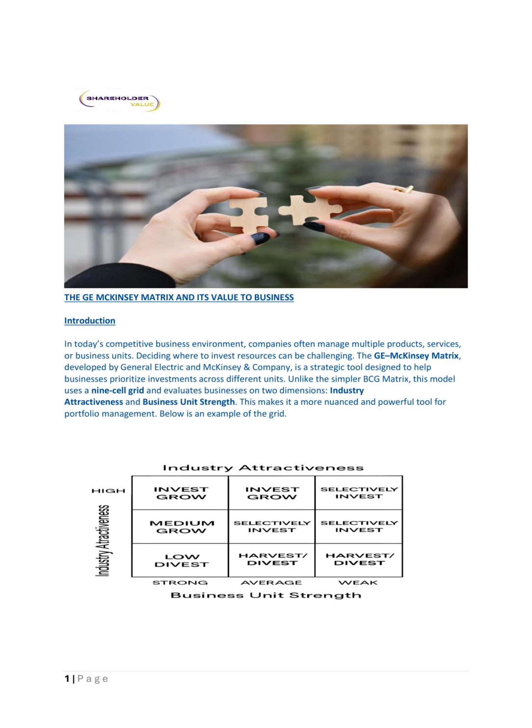In today's business world, companies often have to manage many different products or units, and it can be difficult to know where to put resources for the best results. The GE McKinsey Matrix is a tool created by General Electric and McKinsey & Company to help with this decision. It looks at two key factors: how attractive the industry is and how strong the business unit is within that industry. Unlike simpler methods, this matrix uses a 9-box grid to give a clearer picture of where to invest, grow,